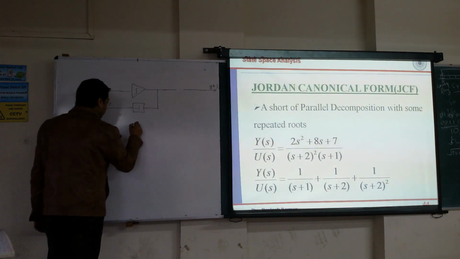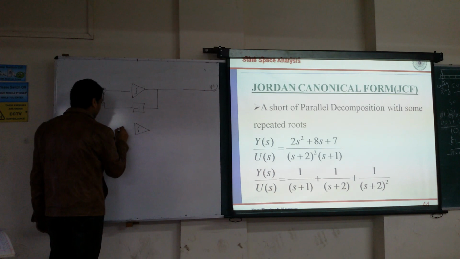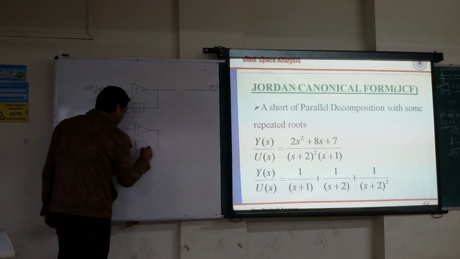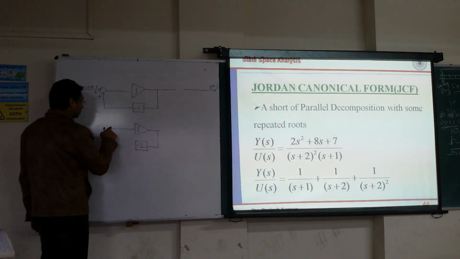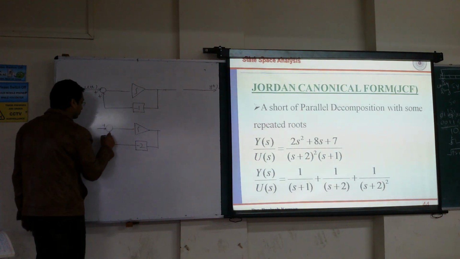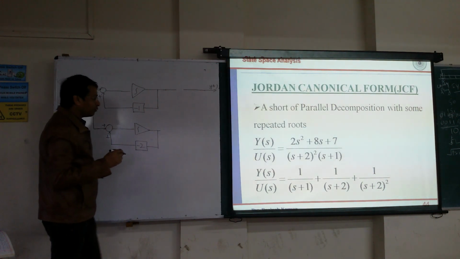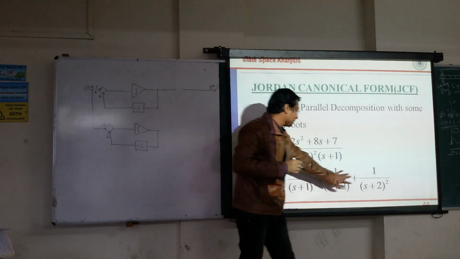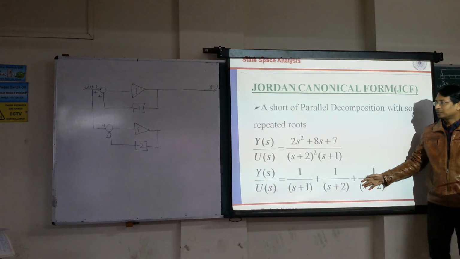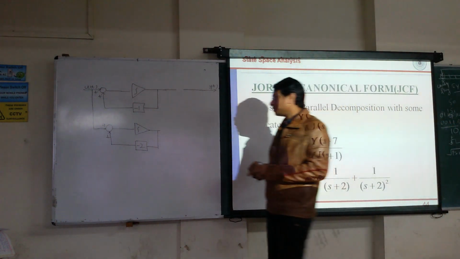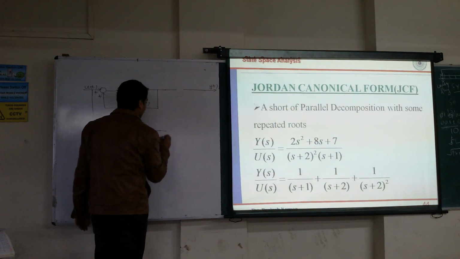For the second, what do you do? Once again, you will take another integrator and you will consume the minus sign with 2, and here also you will get a positive sign, you are going to feed it from here. Correct. So if it were up to the first two terms, and this term were not present, then the job becomes quite easy, we would just connect them, right? But there is a catch here.